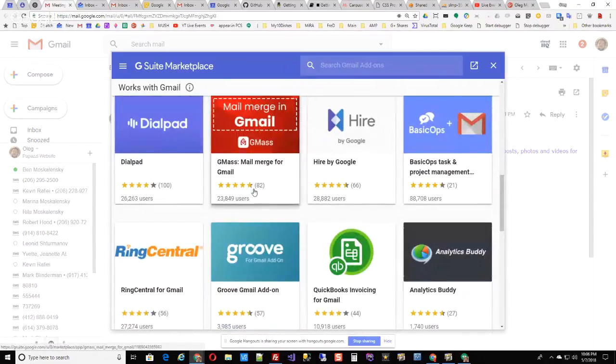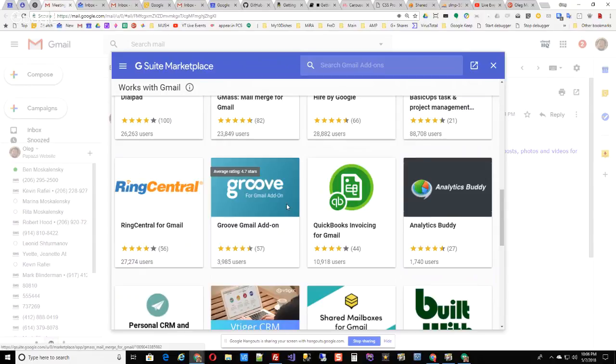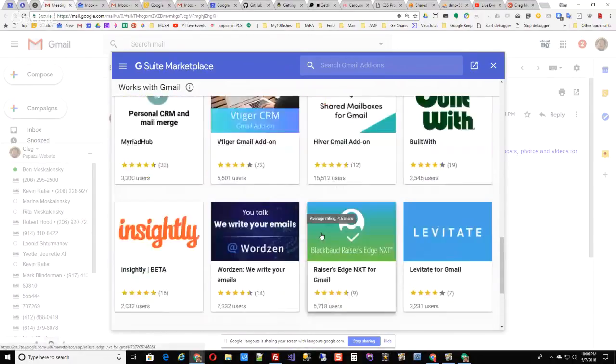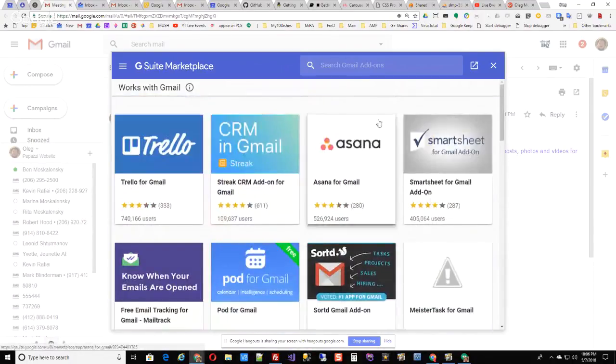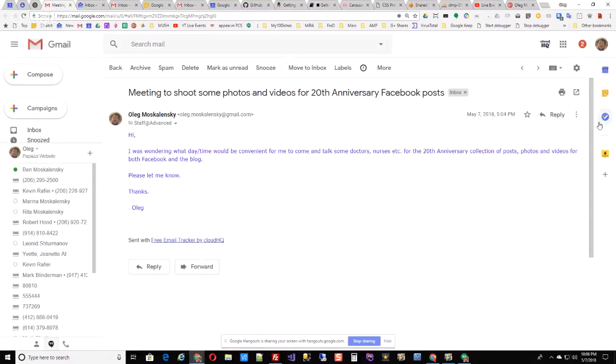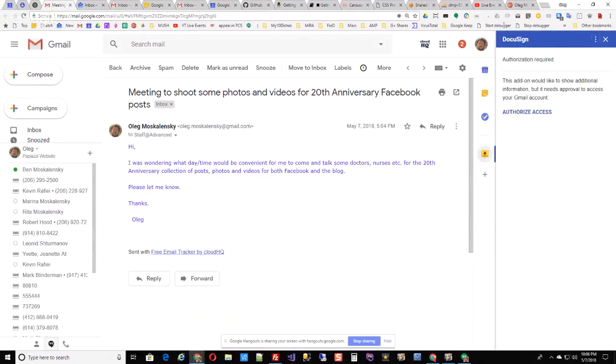Most of them are rated pretty highly, so 23,000 users at almost 5 stars. So definitely, it looks like it's worth setting something like this up. I use a different program right now, but I might try this one too. But there's a bunch of different ones you can see. If there's something you want to do, you can always add Trello, different other things too. So you can add it as an add-on, and then you're going to have an icon for it. So when you want to use it, you can just simply click on it, and it's going to come up